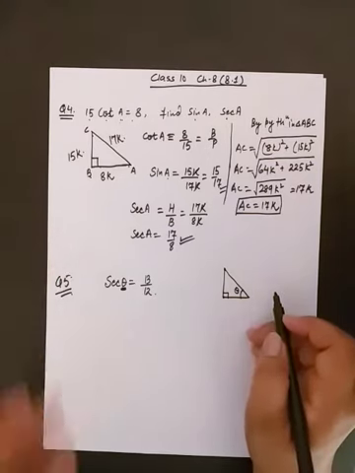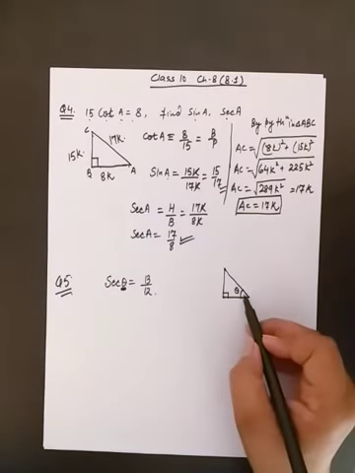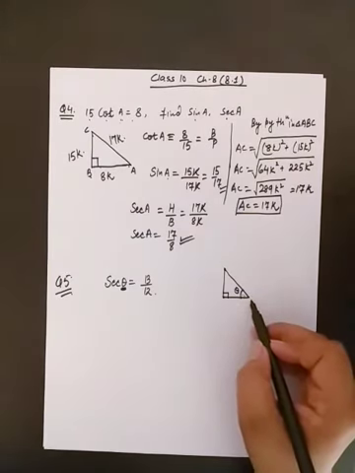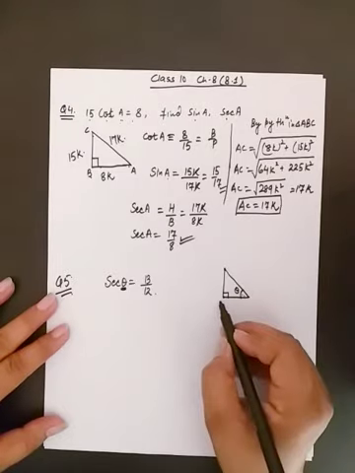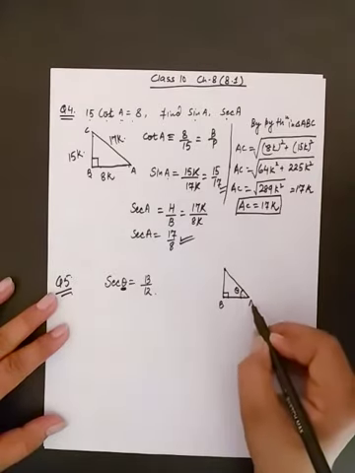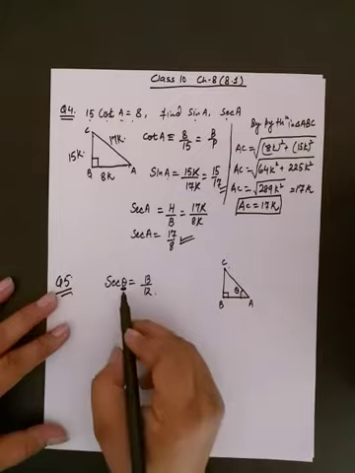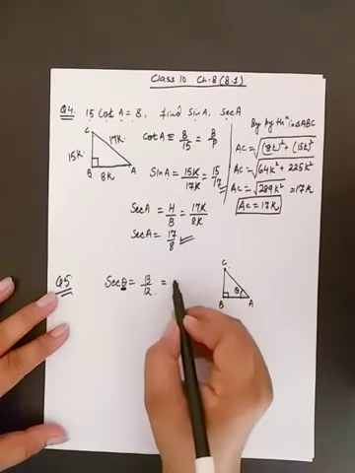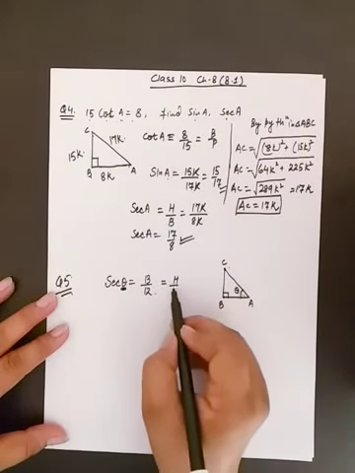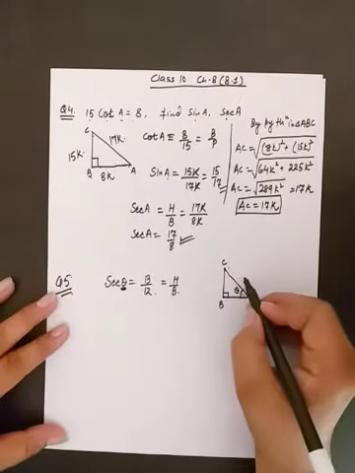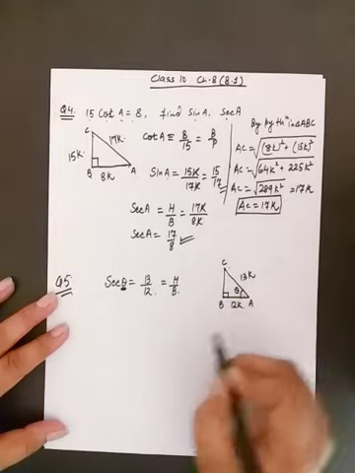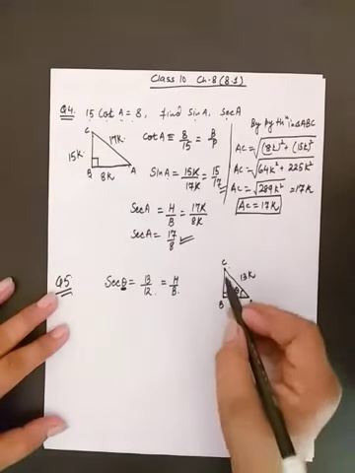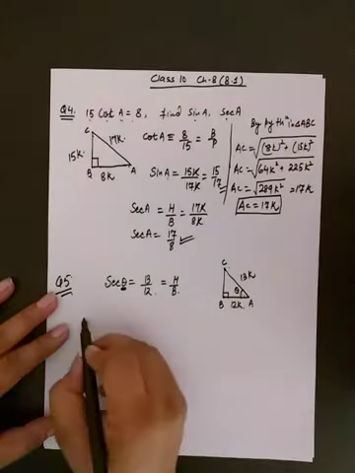Students, always remember sometimes the angle is given by the name of the vertex of the triangle, and sometimes we can give any name to our acute angle. So I am writing it as B, A and C. Again secant theta. Secant means hypotenuse by base is given to us. So this will be 13k and base will be 12k. Now by Pythagoras theorem we can find the value of perpendicular.